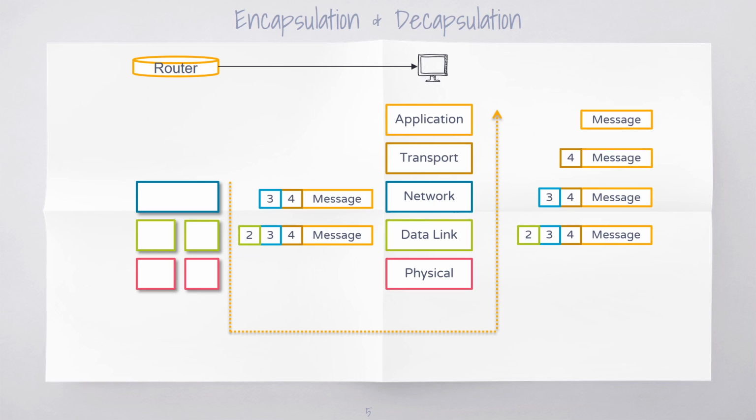But when it comes to the intermediate devices, in terms of routers as well as link layer devices, switches, the switches are active at 2 layers, that is the physical layer and the data link layer. A router is active at 3 layers, that is the physical layer, data link layer and network layer. But the data link layer address header will change at each individual device, while the network layer header information will not change at the routers.